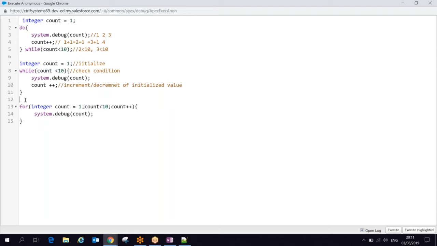So simply the syntax is going to be: my initialization, then the condition check, then increment or decrement. You can do count plus plus or count minus minus, whatever you want. Then inside this you can write your statements, whatever you want. Correct? Same thing I'm doing here. Whatever I have in the while loop, the same thing I executed here.